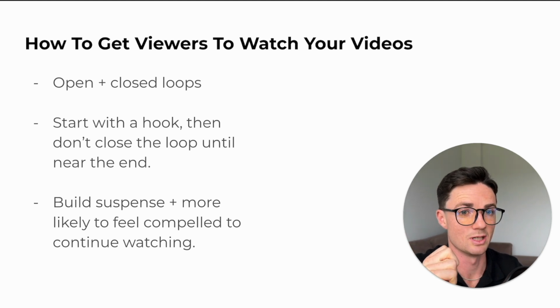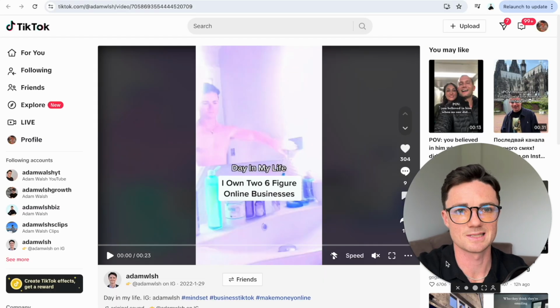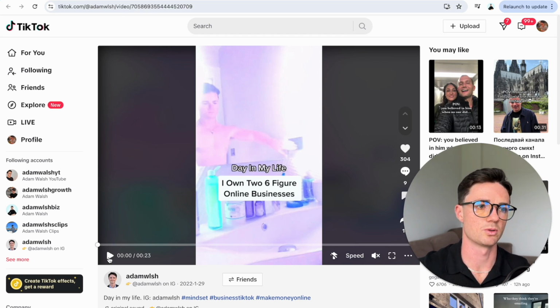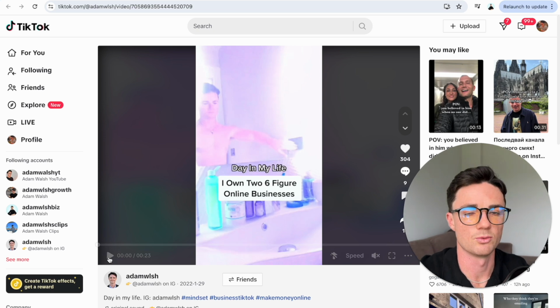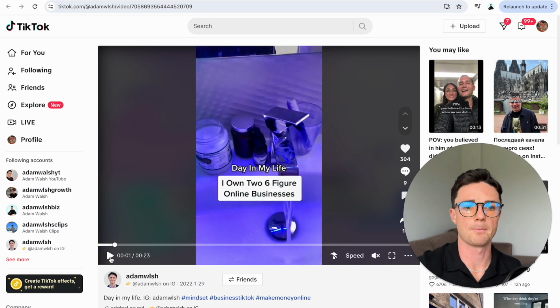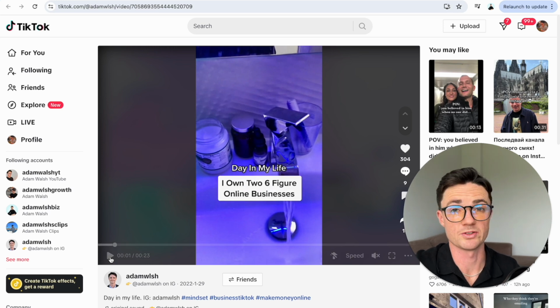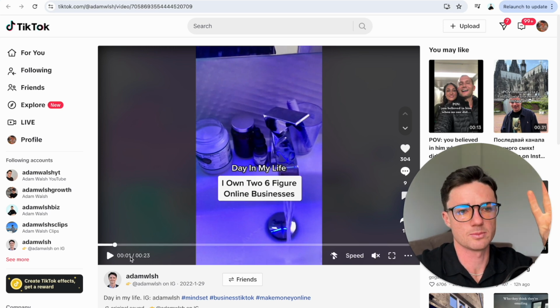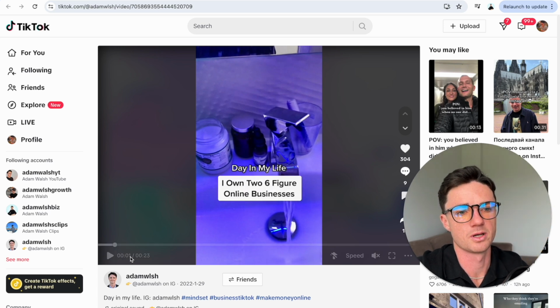Okay, this is really powerful if you can get this right. This is an example of the pattern interrupt change in lighting. What you'll notice is that I basically turn on a light switch, and so the video goes from dark to light really fast. Let's watch. Cool, super simple, right? But that has all happened within the first 1 second. So you'll see here, we're still within the first 1 second. We've had 2 different video clips already, and we had the pattern interrupt with the light.